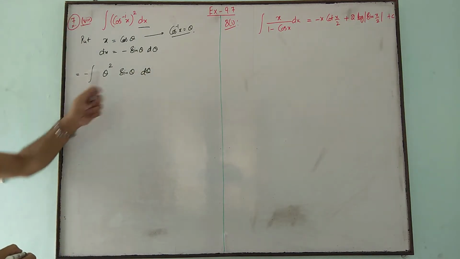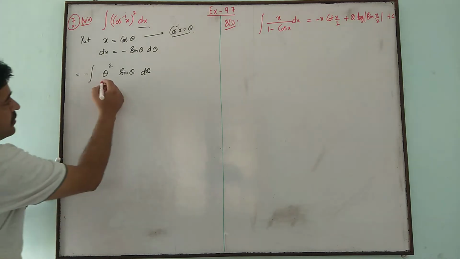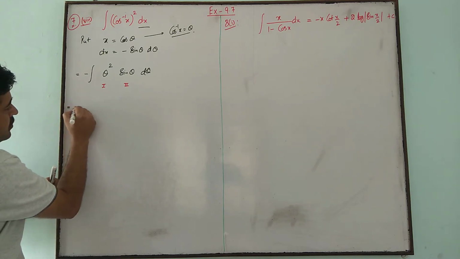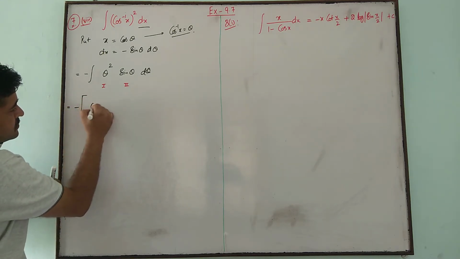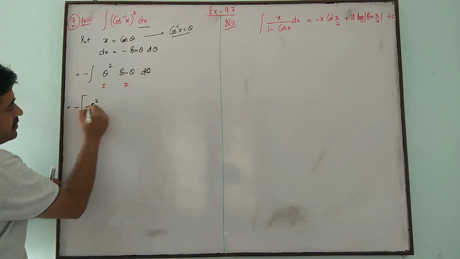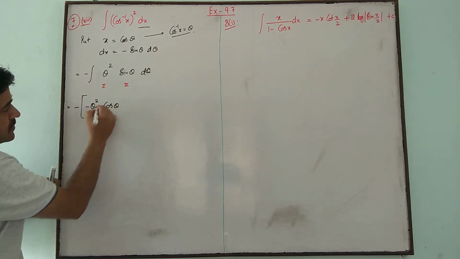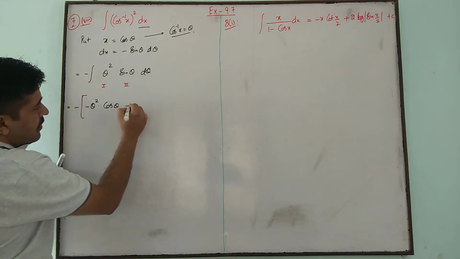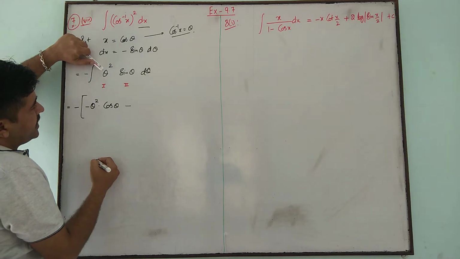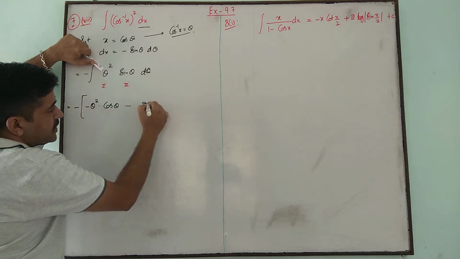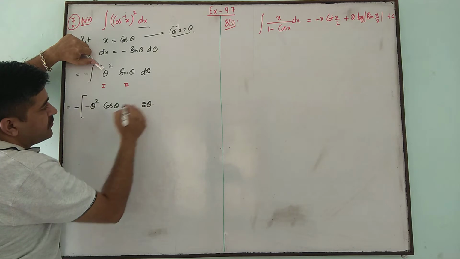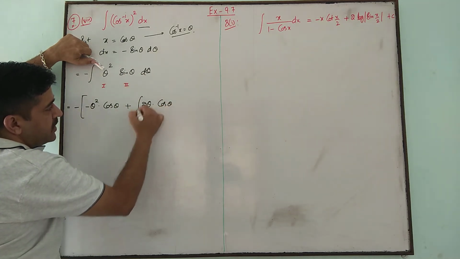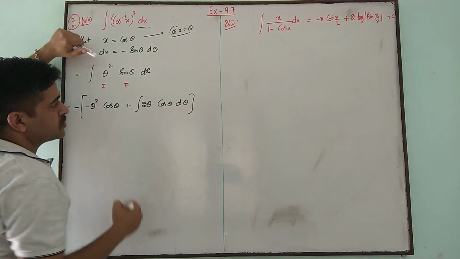So theta square into sin theta is a very basic question. First function, second function. First function as it is, integral of second, minus cos theta, minus derivative of theta square, which will be 2 theta, and integral of sin theta, which will be minus cos theta, and then again its integration. U into V by parts, all of you know.